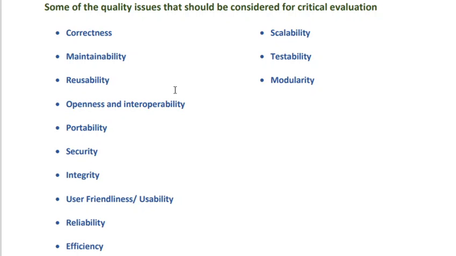So in order to ensure maintainability, a software system has to be readable, understandable, and acceptable, and eventually only then can it be maintained. Now, in order to ensure readability of a software system, it should exhibit a very high level of uniformity in the way the variables are represented, the way the modules are represented, and the way the documents are created. So it is very important to adhere to certain guidelines for coding and for preparing documents